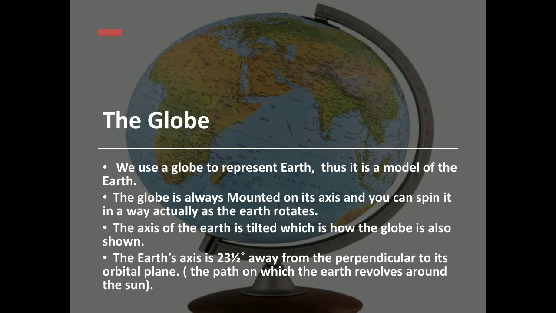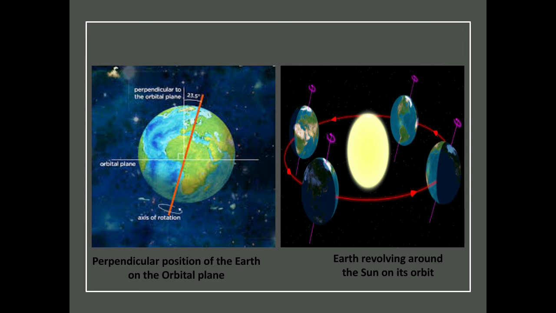So this is the globe. At the back you can see the picture. Can you see the 2 points on which the globe is fixed? These are considered to be like the North Pole and the South Pole, right? And it is quite tilted also at the angle of 23.5 degrees. That is how our earth is also tilted on its orbital plane. So let's come to the next slide and see.